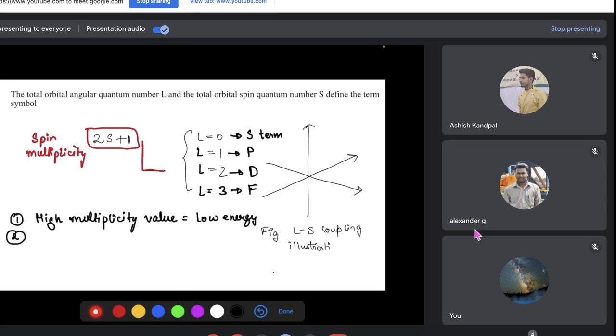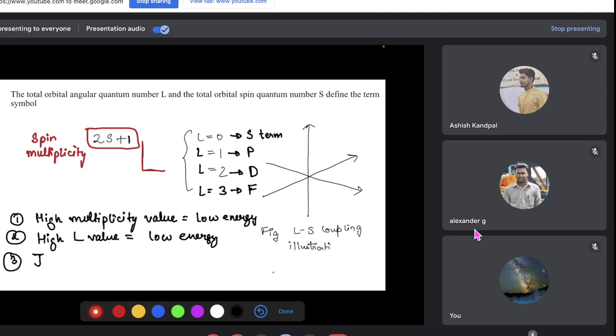So if the multiplicity value is equal, then we go towards the value of L. So here the high L value will give me again low energy. Again, if I have the same L and same multiplicity value, then there comes the term J. So the third term J, I will introduce it later. So here J,